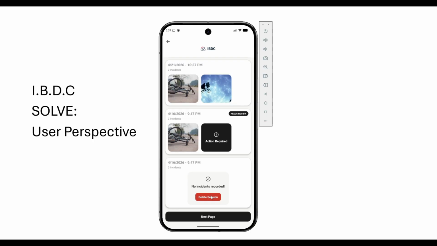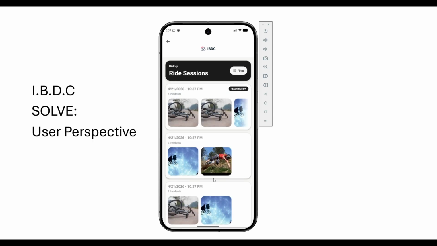An incident is triggered when the dashcam detects and records a passing vehicle. Each incident card displays a frame from that dashcam footage, but the specific photo is user selected, not automatically assigned. If a photo hasn't been chosen yet, the card shows an exclamation icon and reads "Action Required." The session header also shows a Needs Review badge so that unreviewed incidents stay visible even if they're buried underneath